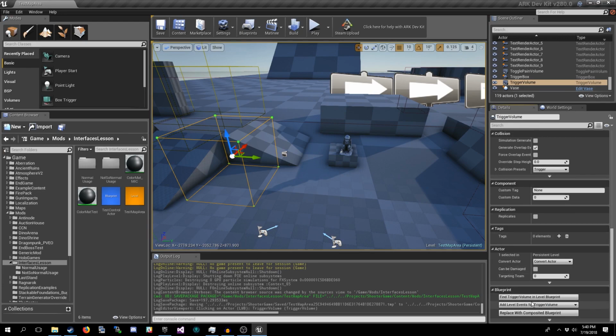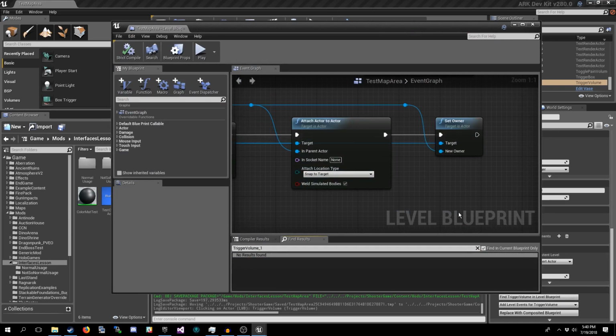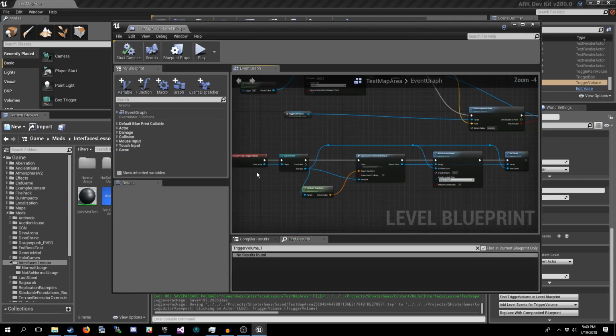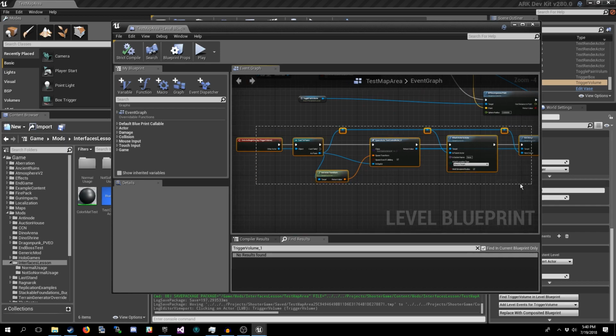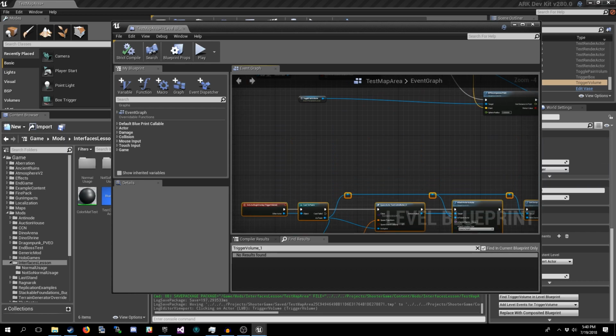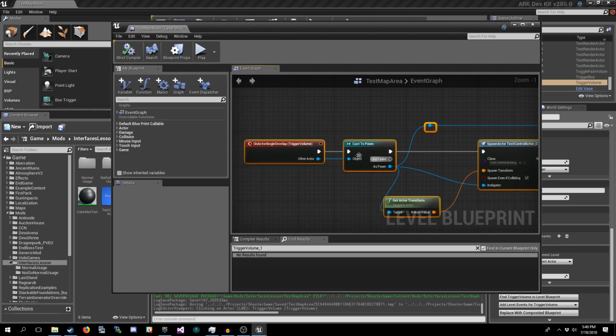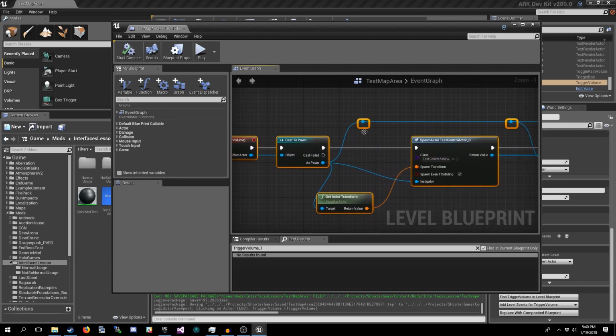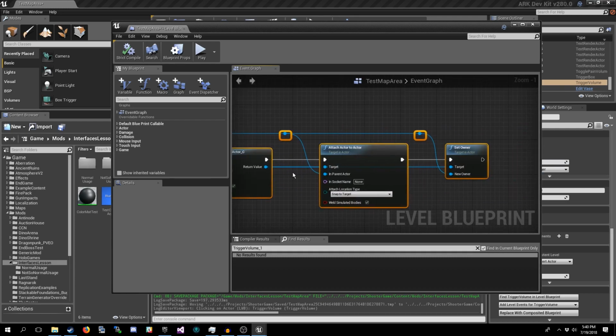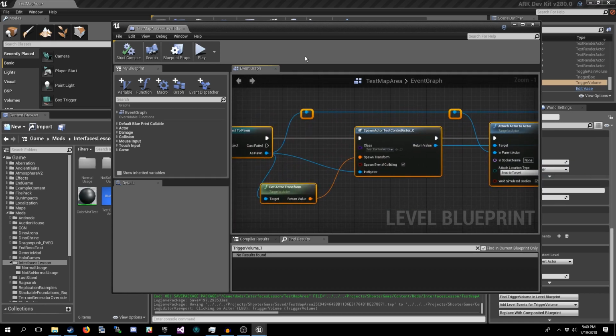And basically all it's doing is if you come down here into details after selecting it and find trigger volume in level blueprint, you'll find this section of code right here. Basically, when the player character overlaps it, it gets the reference to them, spawns this test control actor instance, attaches it, and sets the owner to the player.